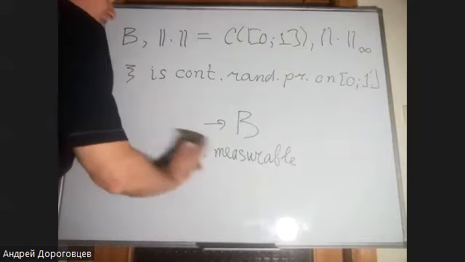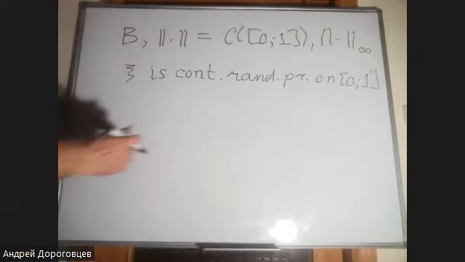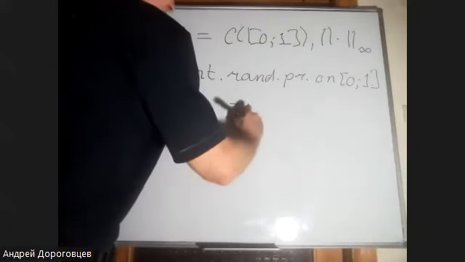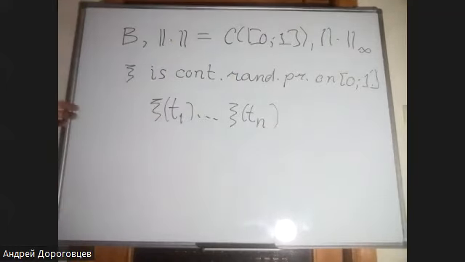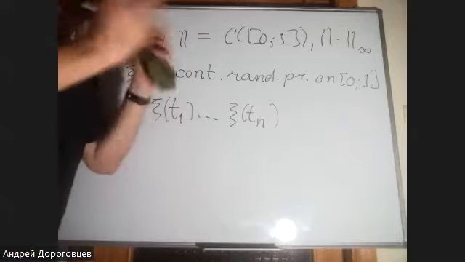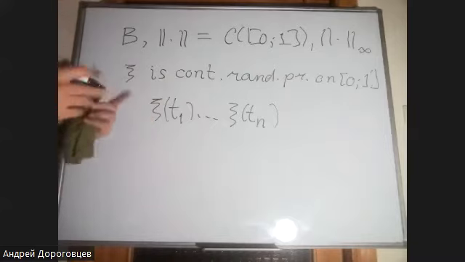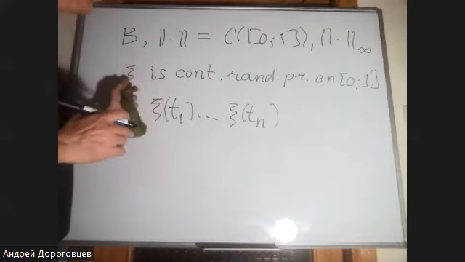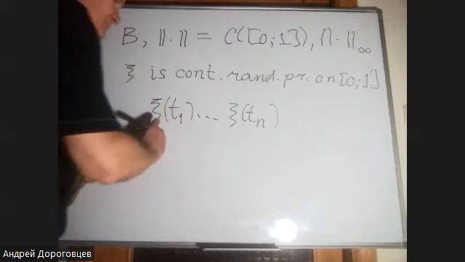As usual, we just forget about all this sophisticated construction and just consider psi(t1), ..., psi(tn) for t1, ..., tn from [0, 1]. Say here we have a random vector, then we have a finite dimensional distribution, and this family of finite dimensional distributions finally gives us all information about possible properties of the random process psi. What was crucial? This one.